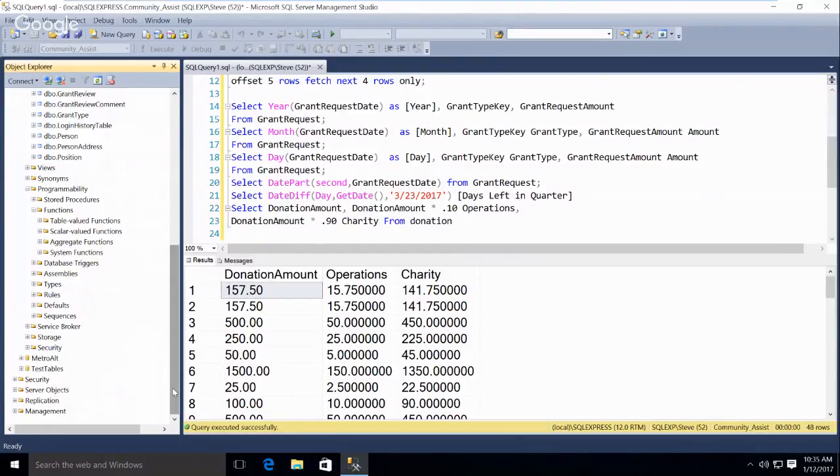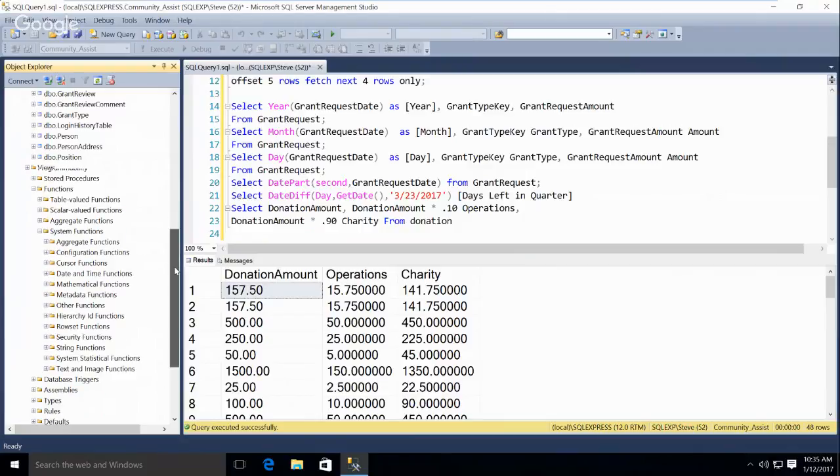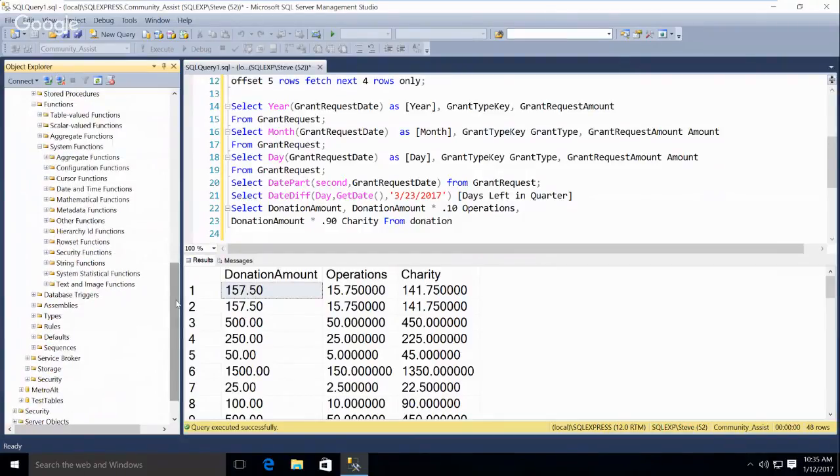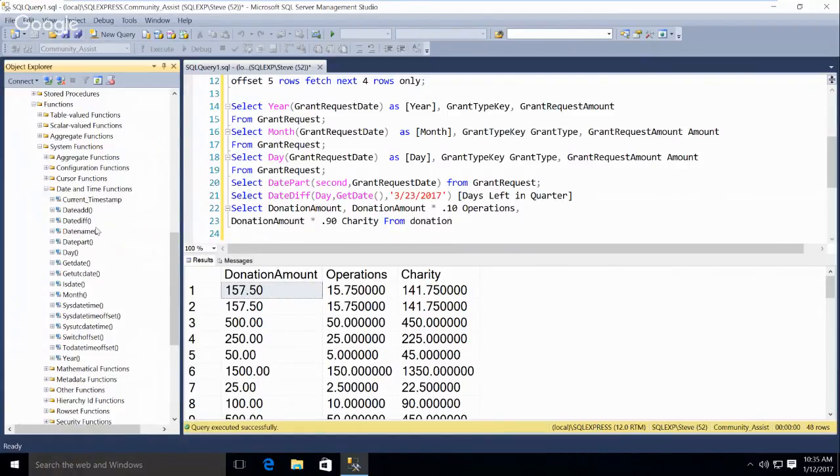Those are all empty because these are places to store functions you write, which we will do. But if you open system functions, database system functions, then you have all these categories. If we look at the date time functions, it lists CURRENT_TIMESTAMP, DATEADD, DATEDIFF, DATENAME. DATENAME will convert your numerical date into words.